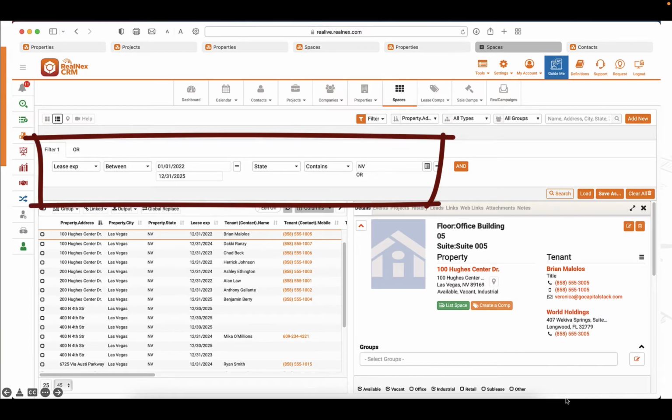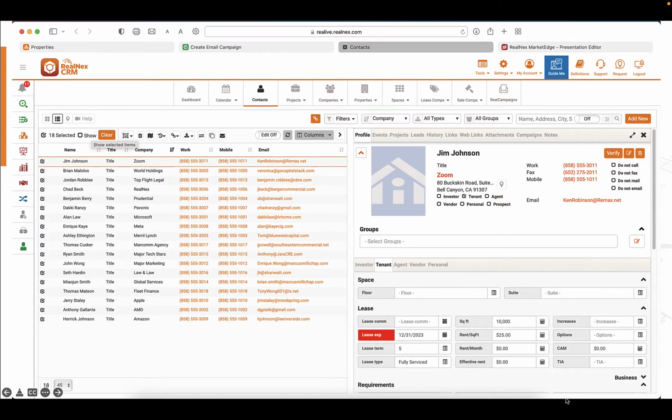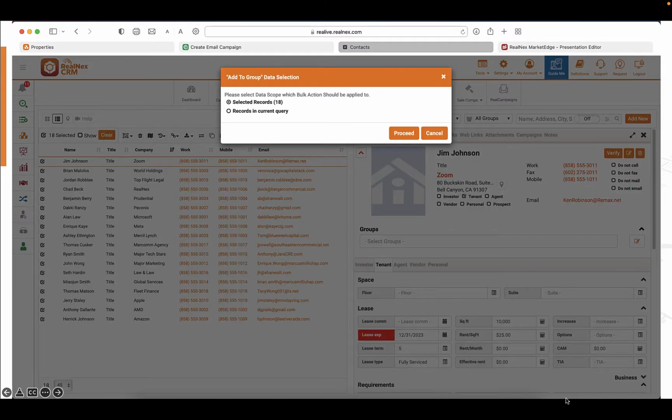So we build a filter of spaces that are expiring within the next 3 years within the state, and that gives us a list of prospects to begin to pursue. Here we have more details about each one of those clients as we begin our outreach program. What we'll want to do now is create a group of all of these prospects to use in our future